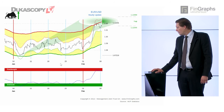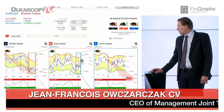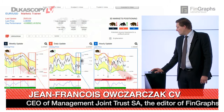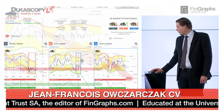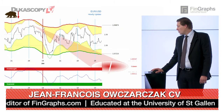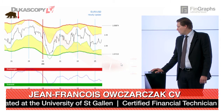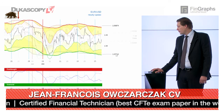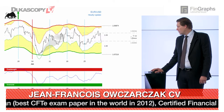So if we go back to the situation 2 weeks ago, we had a long-term downtrend on the long-term chart. We had a correction up on the daily chart, and we had just ignited an impulsive down on the hourly chart. Let's see how this situation evolved. So you had just a bearish price projection on the hourly, which a few days later turned neutral, meaning no targets anymore, to then make it into a corrective up bull trend,